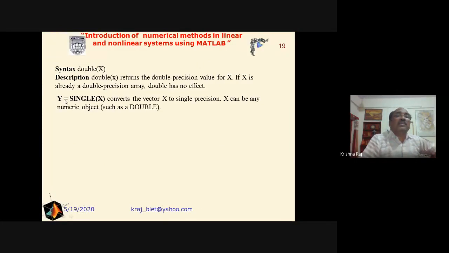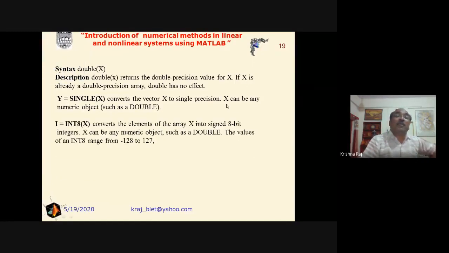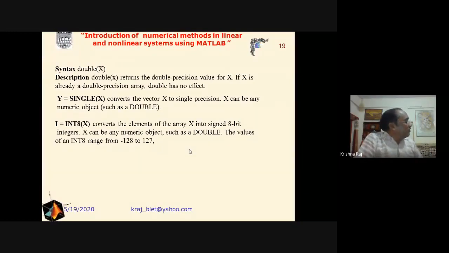Now, if we are interested in single precision, then we will write single x that will convert to the single precision number system, and basically there are two categories. One is the fixed point and the second one is the floating point. Floating point is categorized into two categories. One is the float, that is user defined, and the second one is the standard, that is the single and the double, having this IEEE 754 standard. And fixed point is represented by the QM.N format, that is M number of bits to be used for the integer part, and N bits will be utilized for the fractional representation.